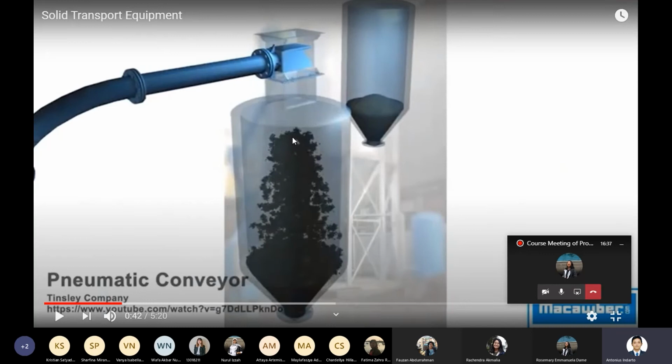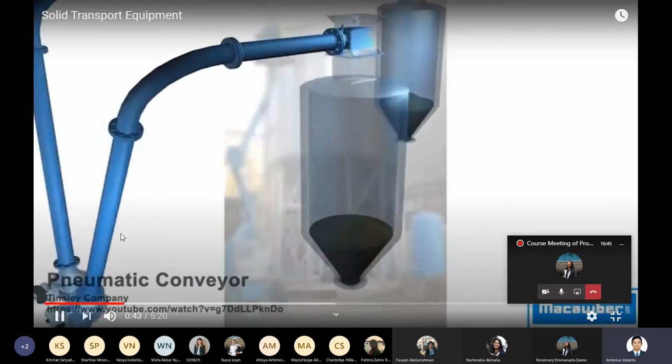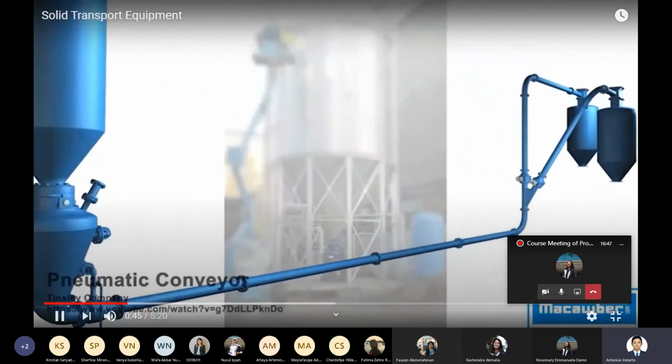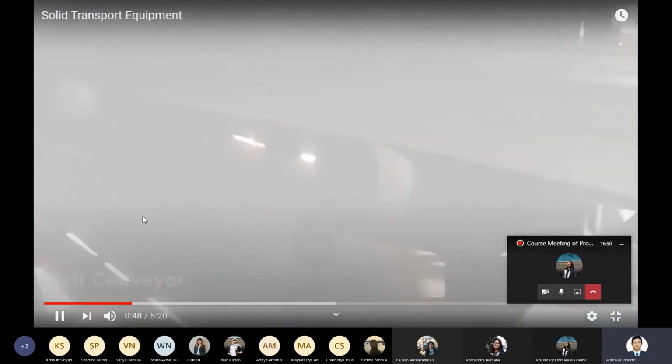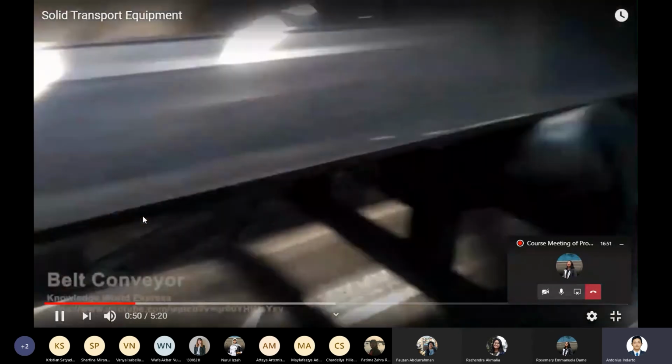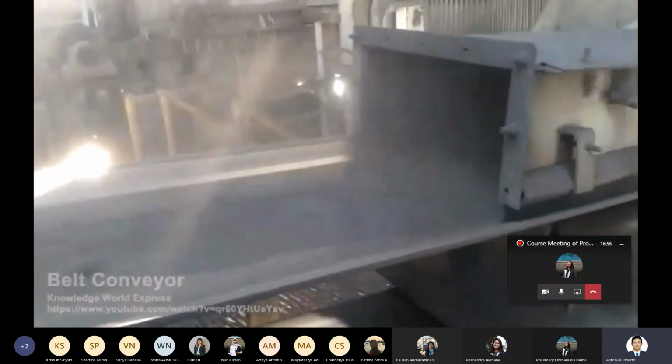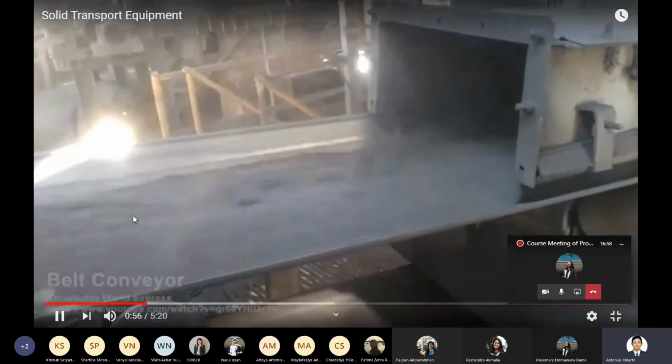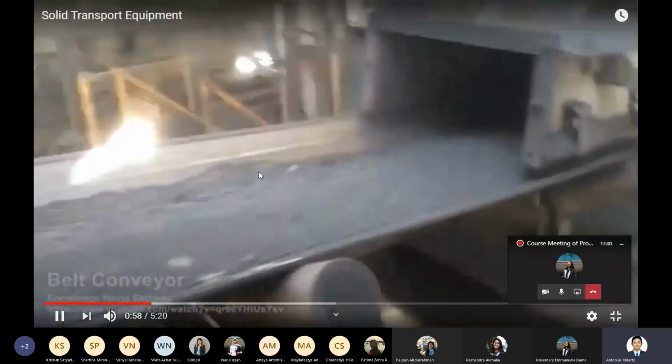But the gas, because it is light and its density is quite low, will go up. So this is the principle of the pneumatic conveyor: we supply strong air to bring the solid particles to the top of that system.